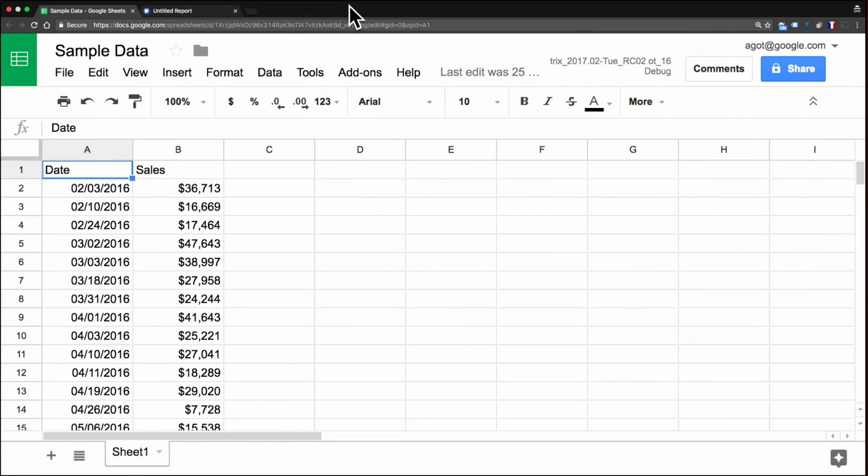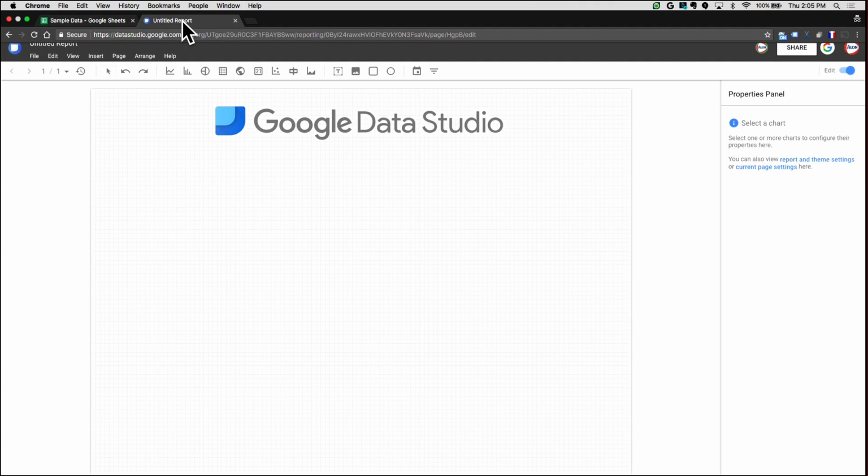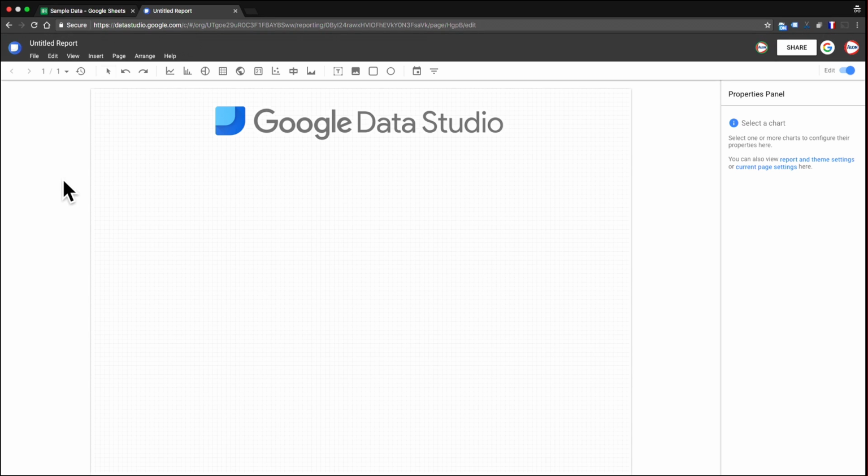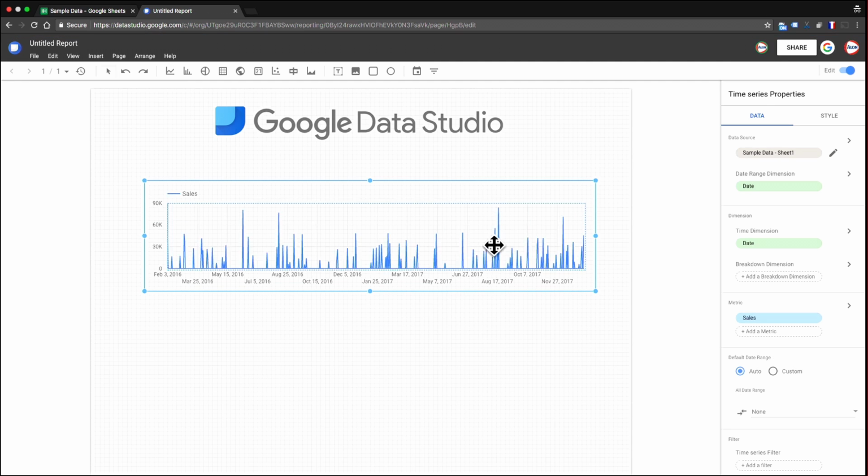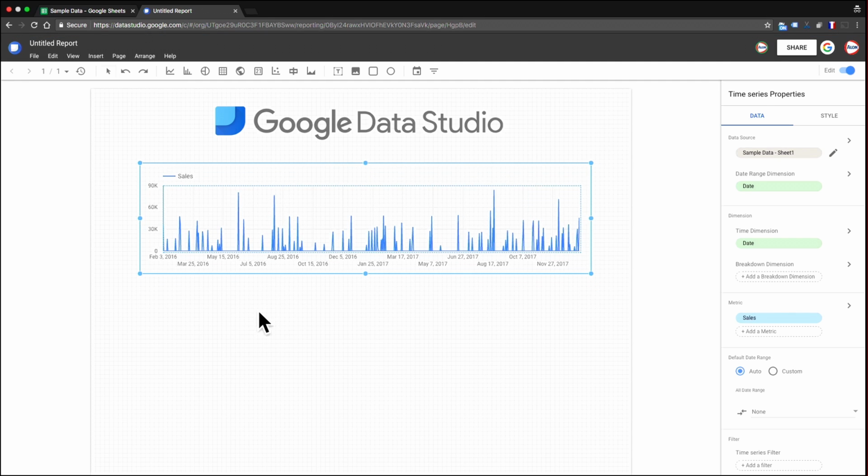We're going to create a Data Studio report using a super simple data set, 2 columns, 1 dimension, which is date, and 1 metric, which is sales. I've created a Data Studio report over here, and what we're going to do is plot out a time series. And now we see sales over date, and we're getting a sense of what the data is telling us,